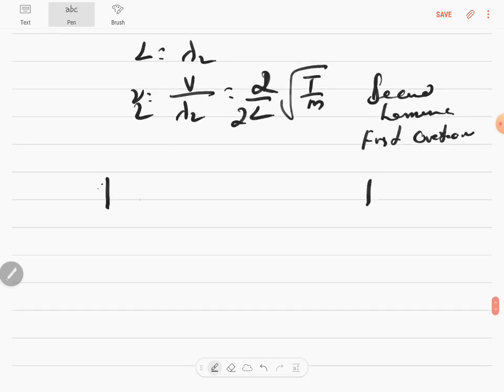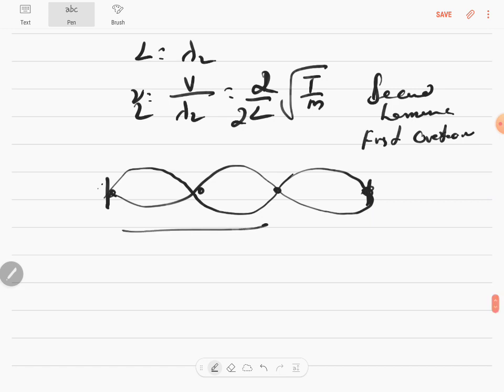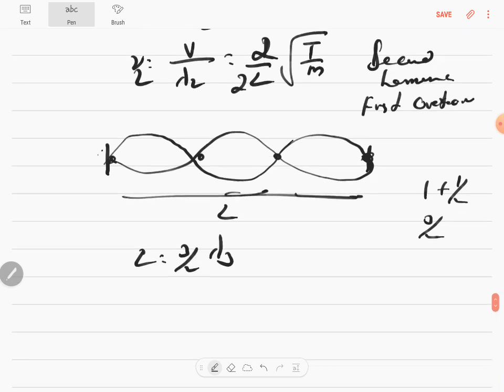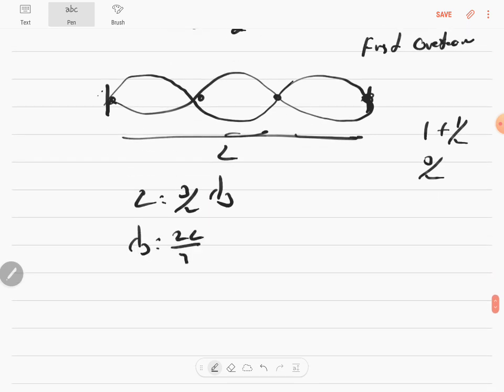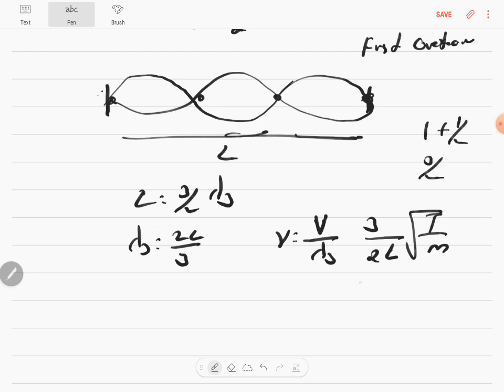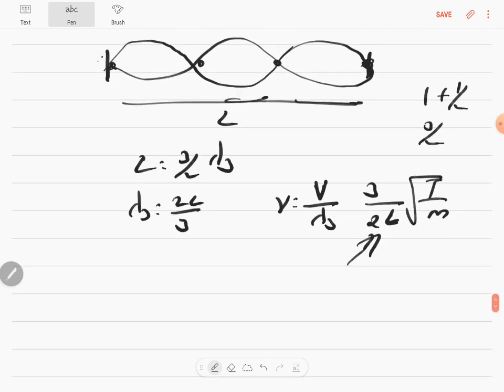Okay, next nu 3. Same stretched string, you're going to have 1, 2, 3, 4 nodes. So from here to here is one full wavelength, from here to here is half wavelength. So 1 plus 1 by 2 will be 3 by 2. The entire length of the string has got 3 by 2 into lambda 3. Thus lambda 3 itself is 2L by 3. And frequency is equal to V by lambda 3. Lambda 3 itself is 2L with a 3 here, and the velocity itself is root of T by m. And you already have a 2L, so no need to multiply and divide by 2. Thus you get 3, and this is known as the third harmonic,